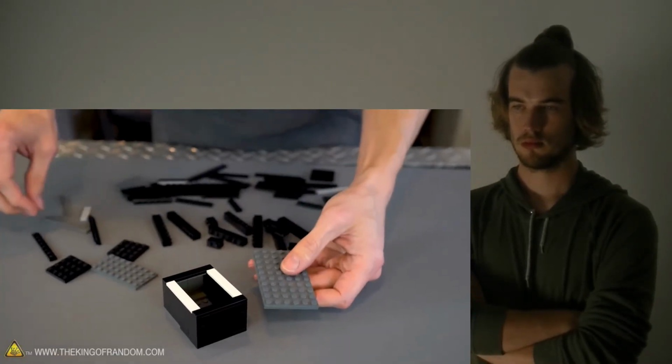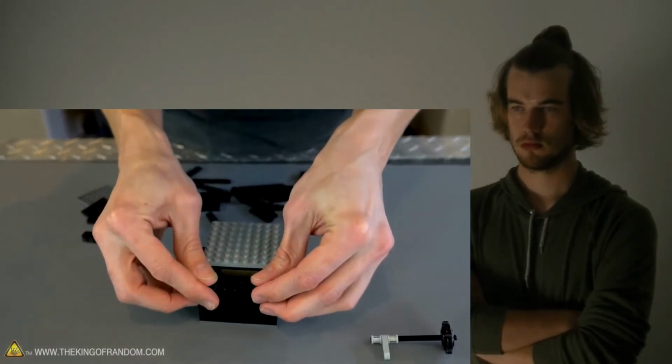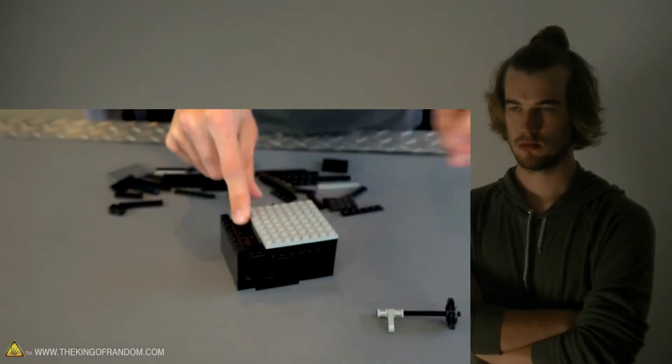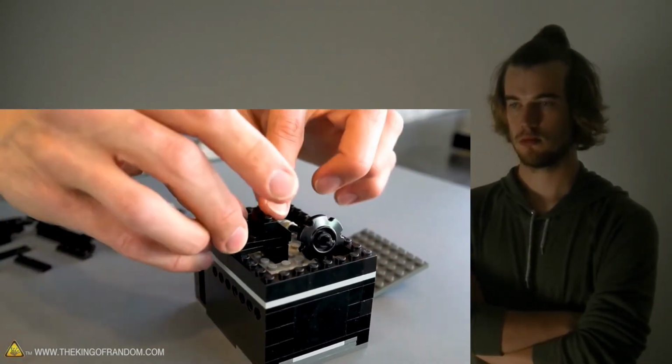So let's use some more of these smooth pieces. We're going to put one of those pieces on the back here. Smooth panel. That can let our button just sort of slide where we...